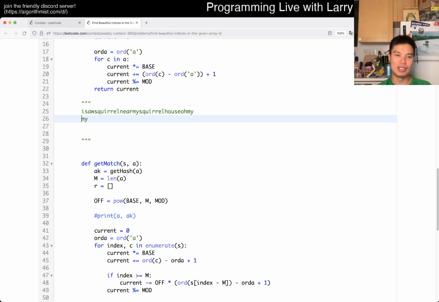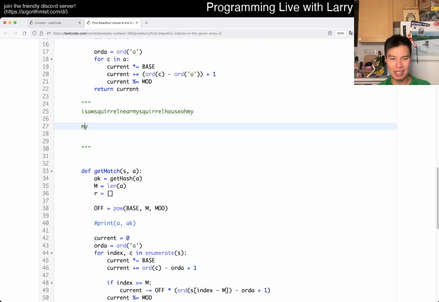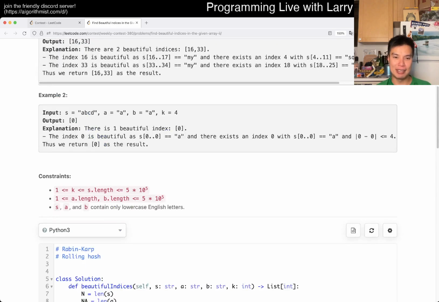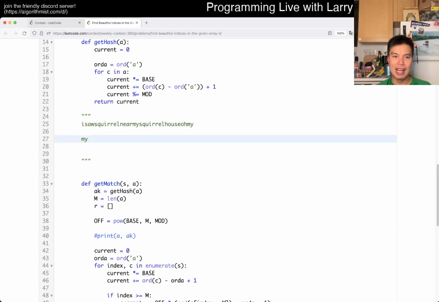But basically, let's say you have a string, and maybe this is a little bit longer, because in this case m can be 5 times 10 to the 5th, and it hashes to some number. I'm just going to bang on the keyboard. I don't know what the hash is, whatever, 124. So then the idea here is that we calculate the hash of these two characters, and you get some number, I don't know, right?